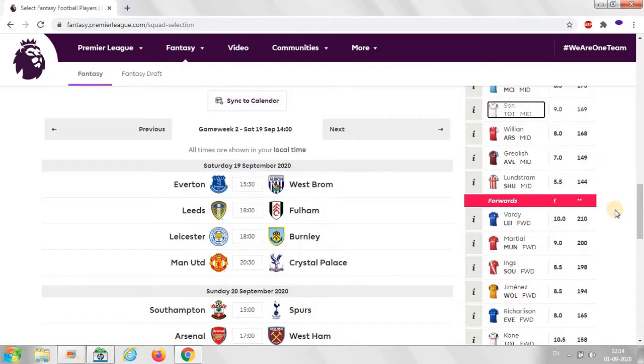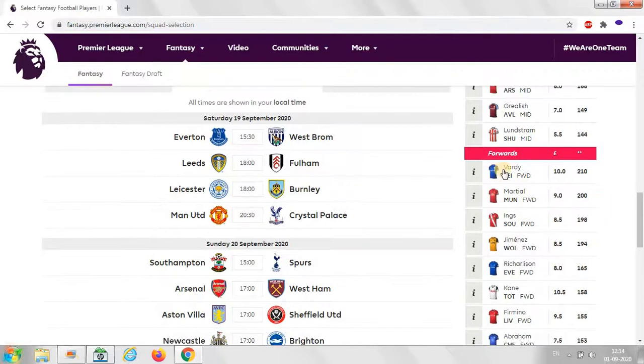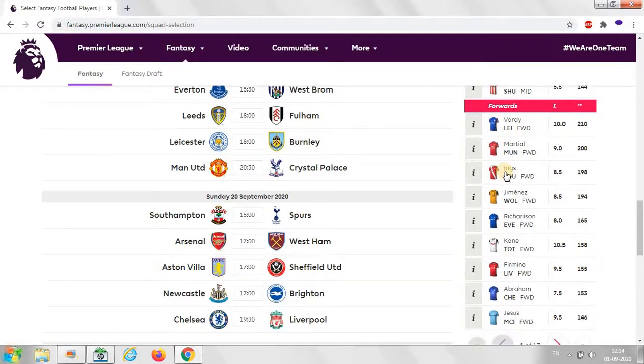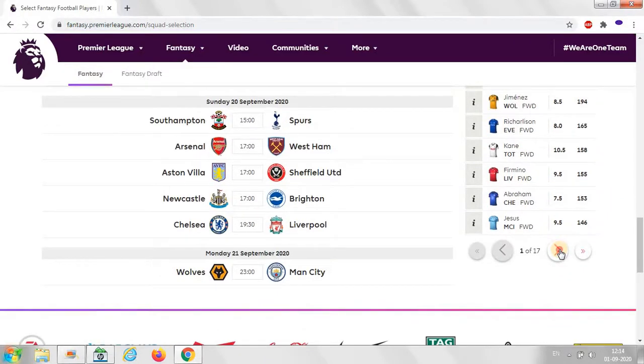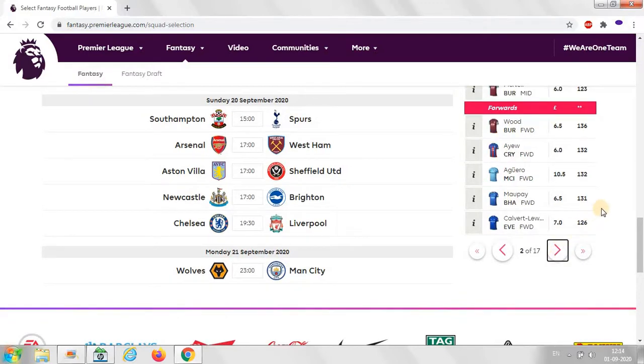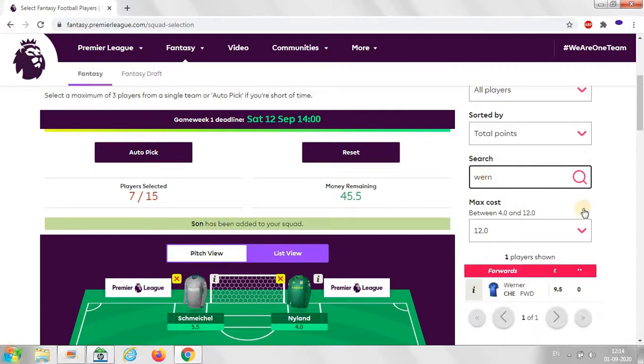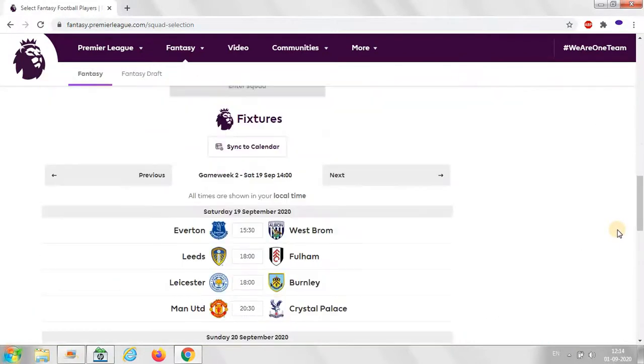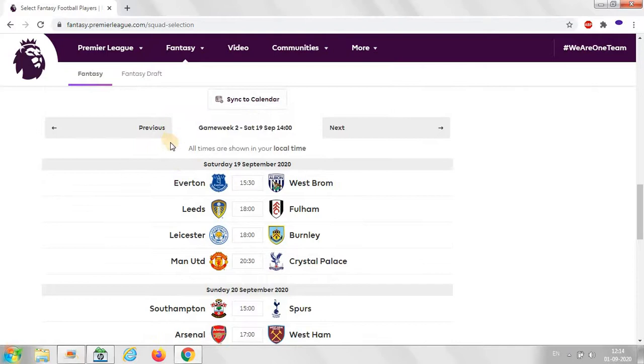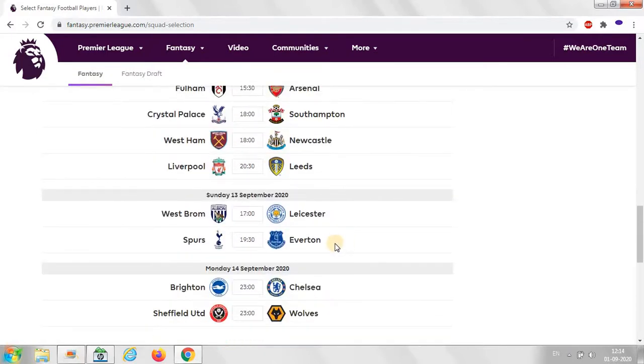So now we must go to forward. I'm thinking of whether to go with Vardy or the new, what is his name? New Chelsea guy Werner, 9.5. If you see the fixture list, Leicester is playing West Brom and Chelsea is playing Brighton.